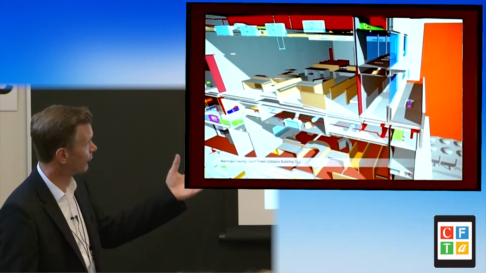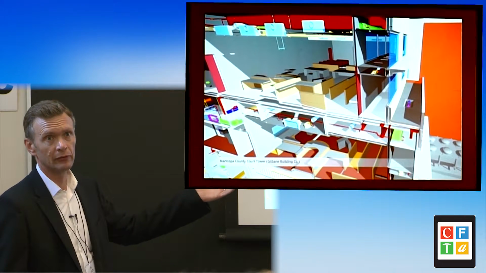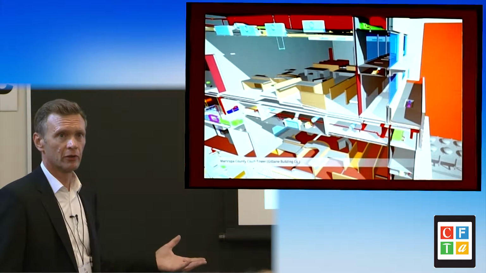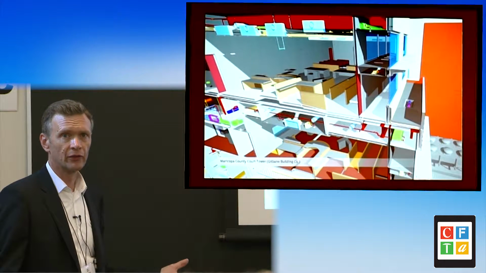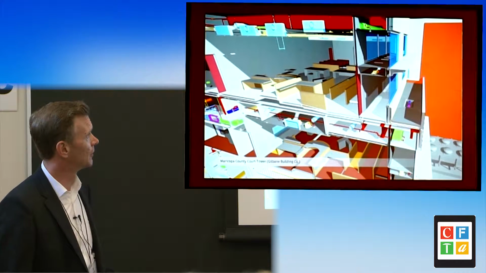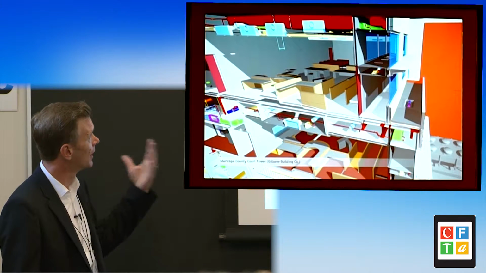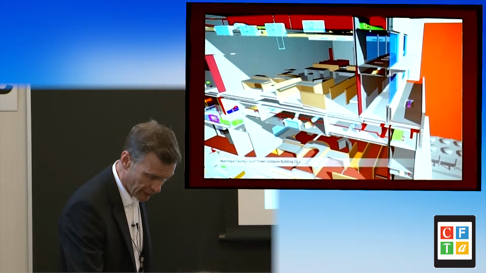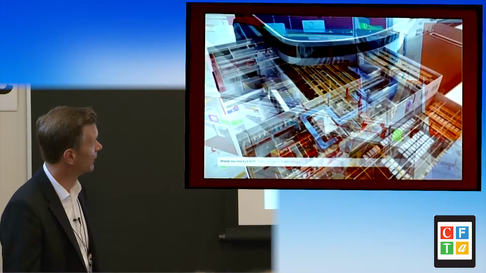Another good model, fairly clean, fairly low level of detail in terms of the systems represented, but a bunch of stuff like furniture, which is probably not considered a managed asset. It is in some cases for some groups, but in most cases, it's just data that you're adding to the model that you may not derive value from. And I want to talk in a minute about why that's relevant